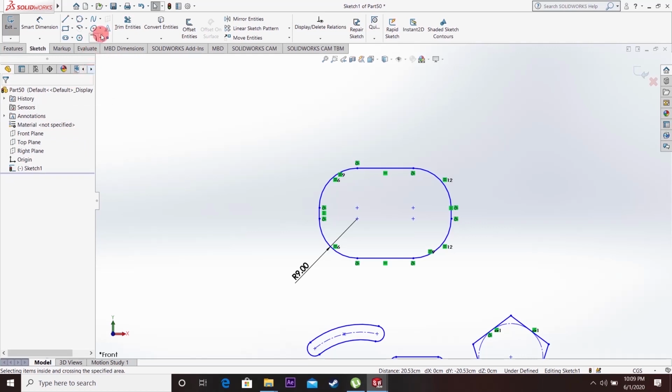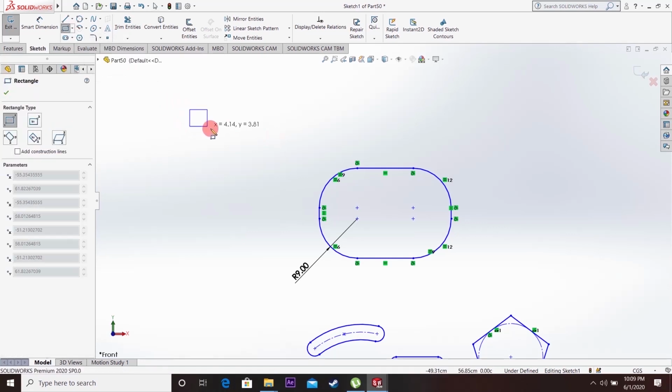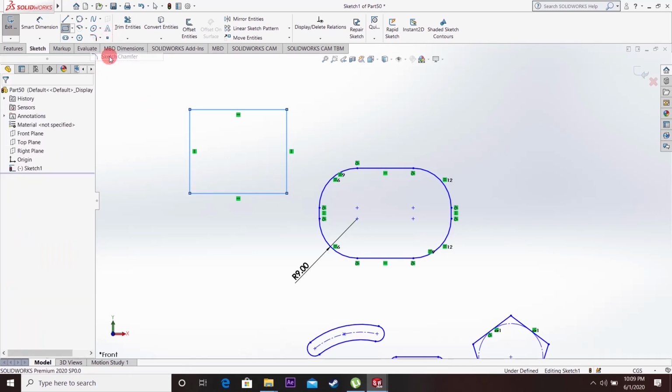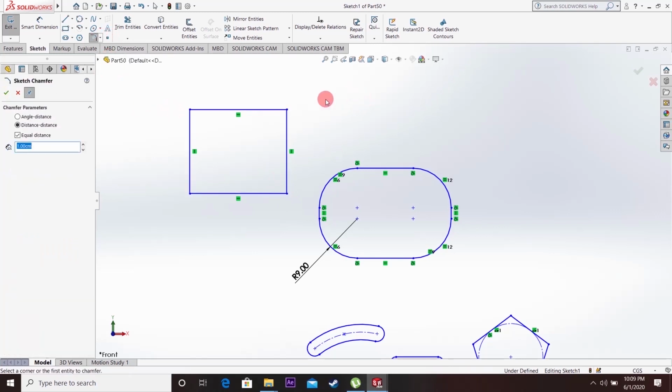So these are the uses of fillet. So what is this chamfer next? To demonstrate that, I will draw another rectangle. Just select the chamfer option, drag and just select all the entities, or else you can just select the corners like this.